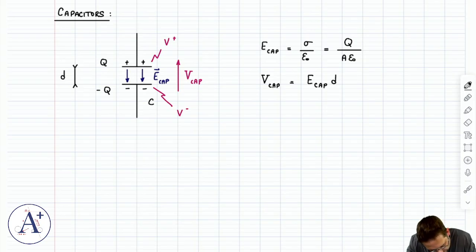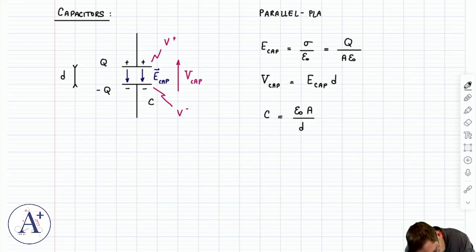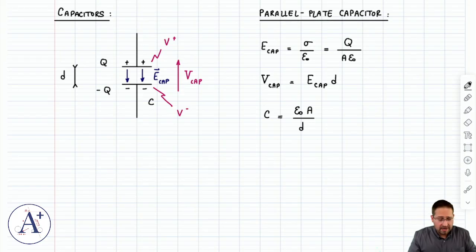circuits. And then the third quantity that we need to define here is capacitance. And capacitance is going to be epsilon naught A divided by D. Now, everything that I wrote here is for a parallel plate capacitor. So this is really important because we don't want to get confused between capacitors in general and the parallel plate capacitor. Okay. Now, for the parallel plate capacitor, that's the voltage, the electric field, and the capacitance of your parallel